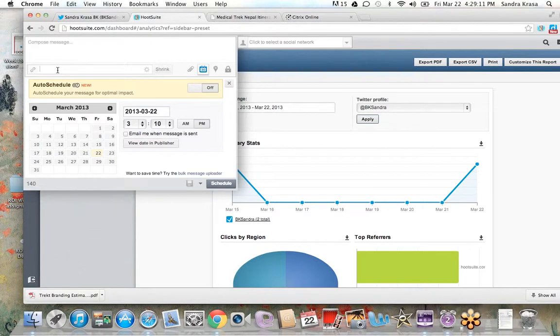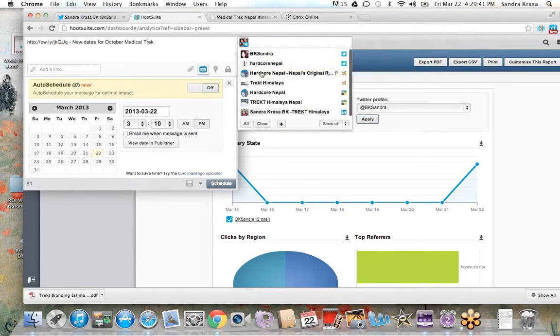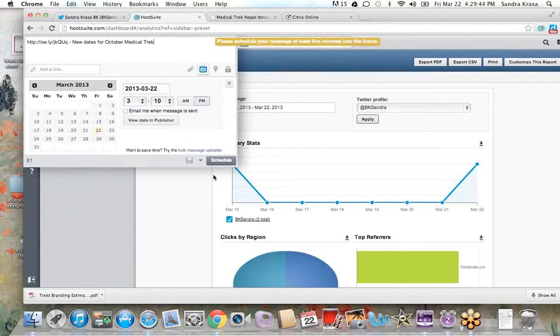And you add the link here. So you can put it in here and then tell it to shrink the link. And once it shrinks it, it creates that hourly URL. And you can make a message, and then you can schedule it to be sent, just like you always do. You have to pick a network and schedule. So that's how you create the hourly URLs, and you have to start creating those first to be able to